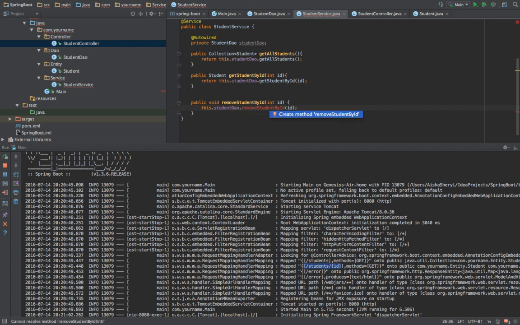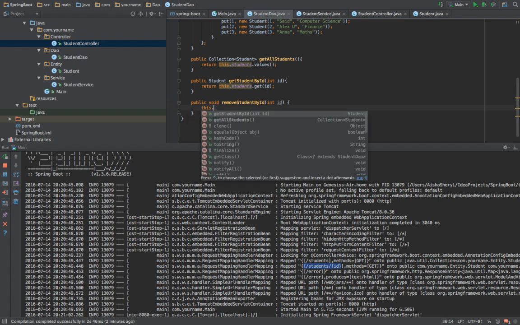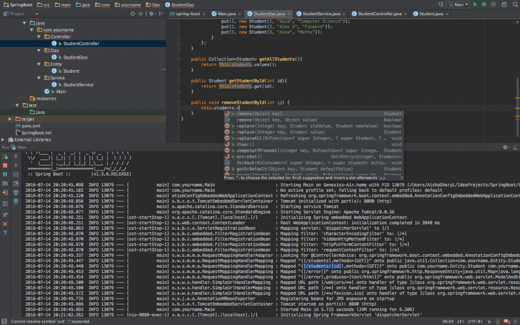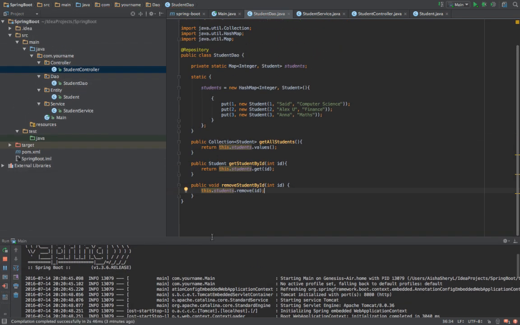So now I'm going to press Alt Enter, create method, and as you can see, we just walked our way back. So now what I'm going to do is simply say get this.students.remove, and then I'm going to pass the key, just like so. And if I run this,